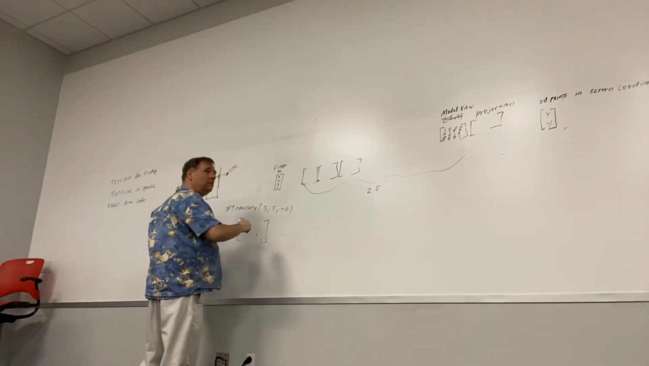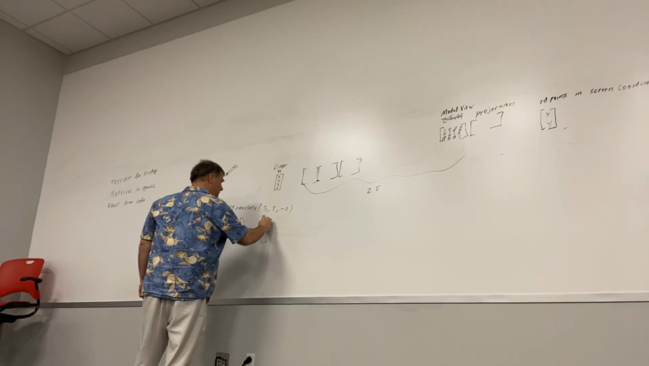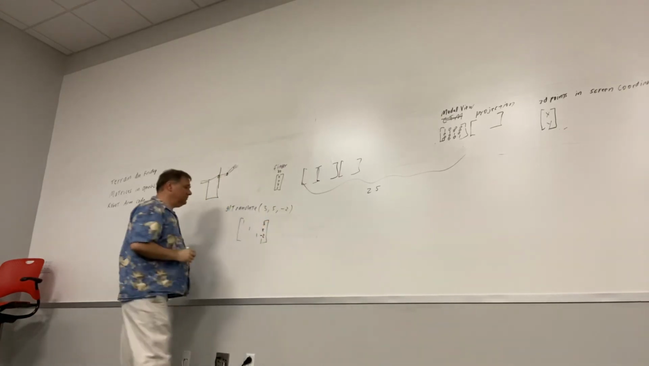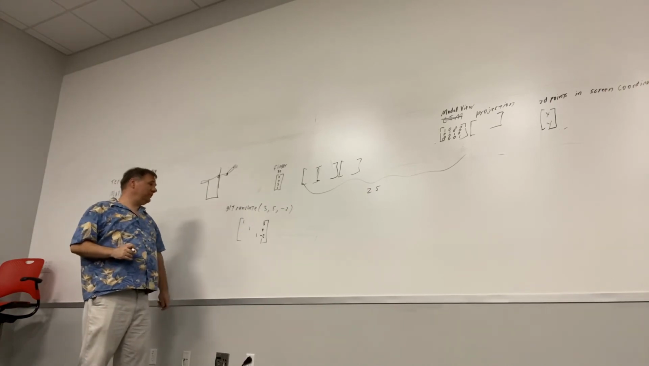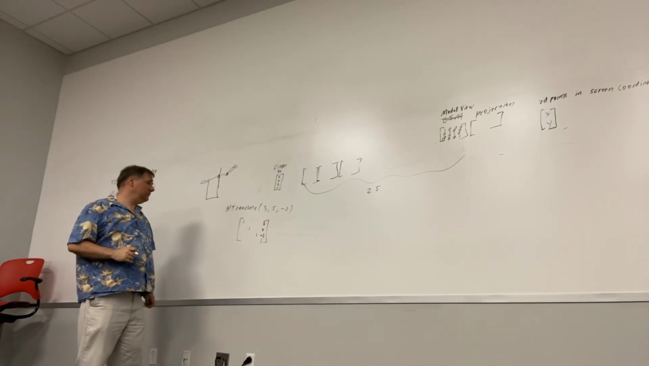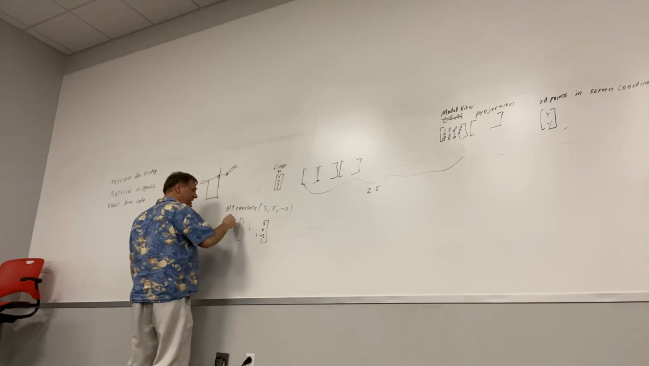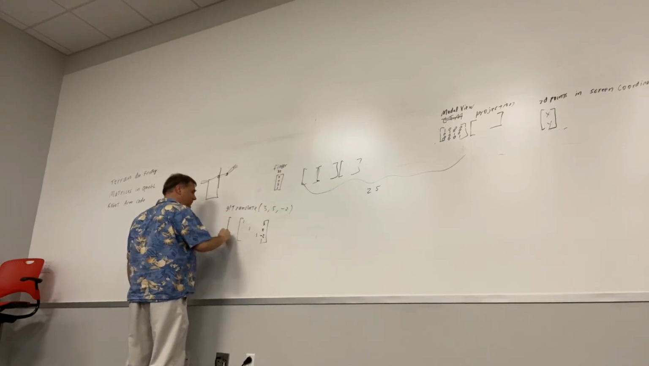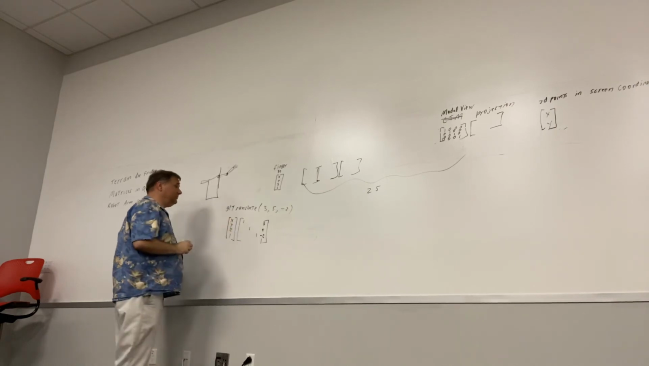1, 3, 5, -2. And all the rest are zeros. So given any and all x, y, z points,